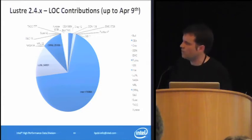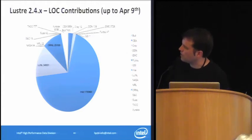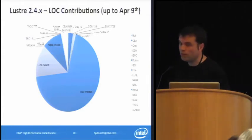So you can see that there's an effect there, and I know James Simmons of Oak Ridge has been very busy deleting code, which might sound easy, but you obviously have to be very careful to make sure you're not throwing out anything important when you're removing the dead stuff. And so that accounts for a large portion of that work he's been doing. And Livermore, there's two big factors there, I think. Chris Marone has been very busy trying to beat our build system into submission, and